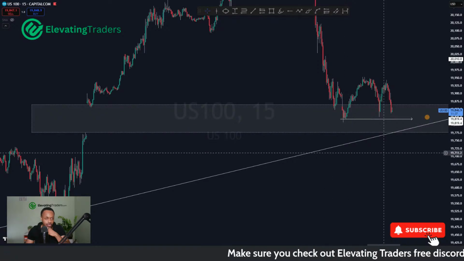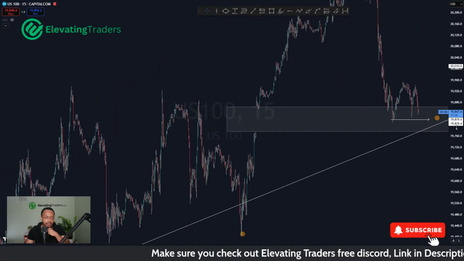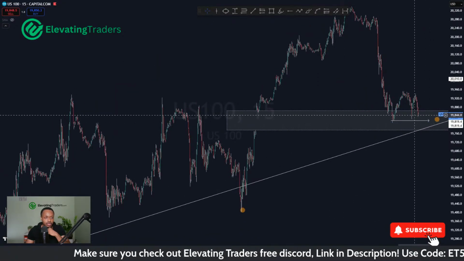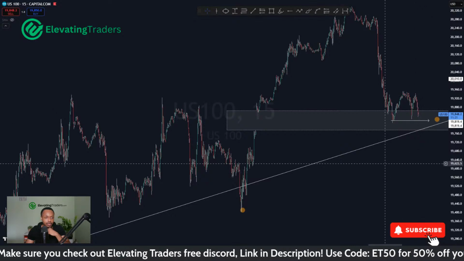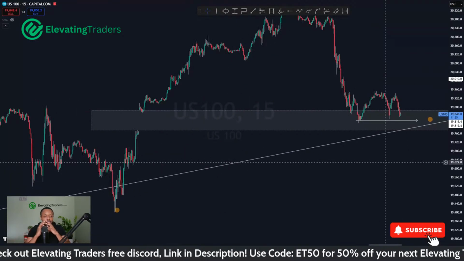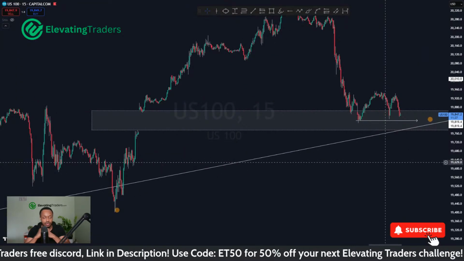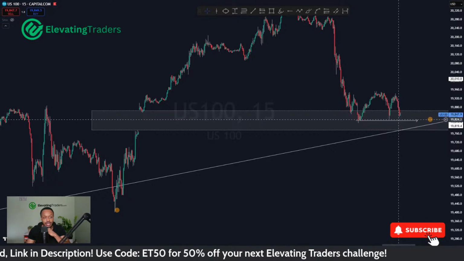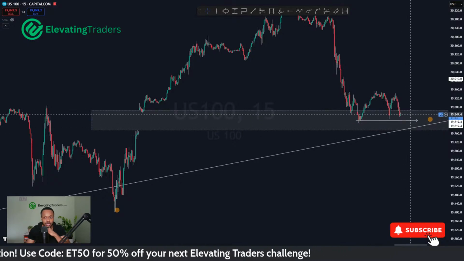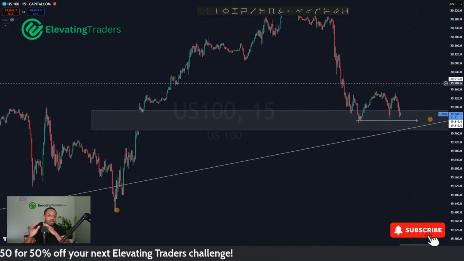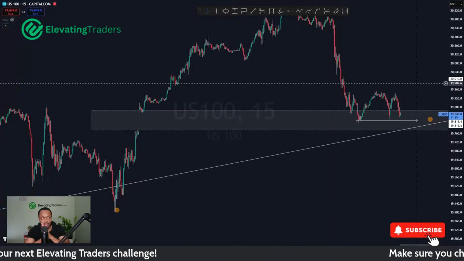not only do we have the trend line, but we also got that support which price can manipulate and then push up as well. So I actually really like that area of confluence. If it could potentially wick through this or stab through this and then show some really strong signs of reversal, I think that would be a really nice buy to take for NAS.